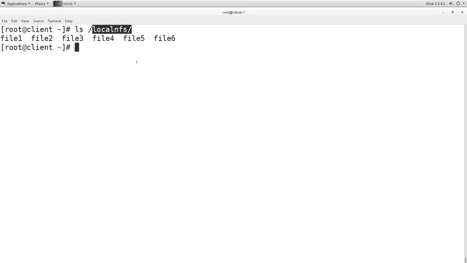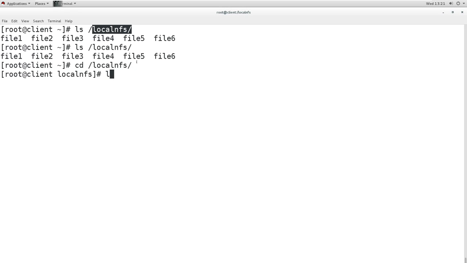But suppose I give a command to list the directory, that means I am requiring the directory. These settings we can configure in AutoFS. So if I want to go to this directory, then this is the requirement, and when the requirement comes, it will mount the directory.